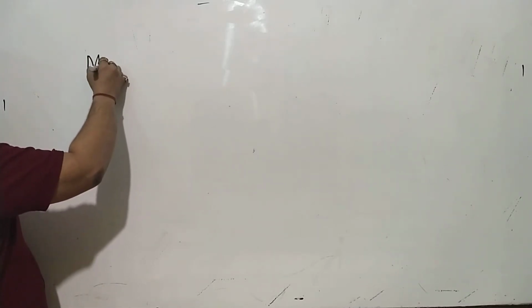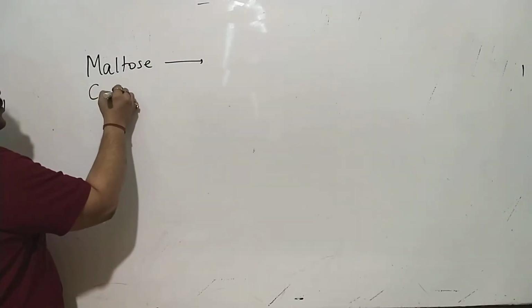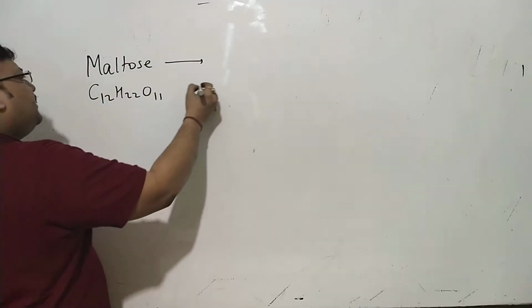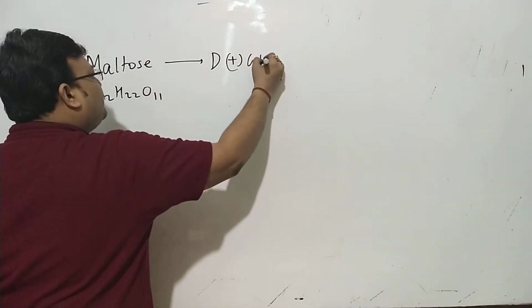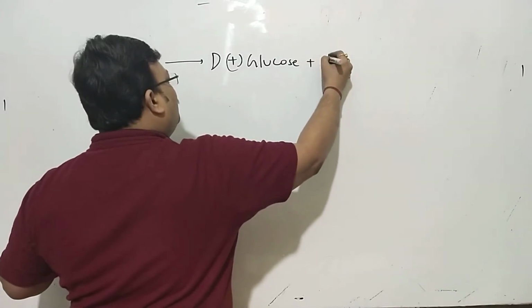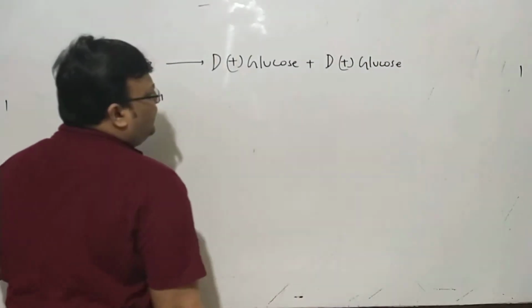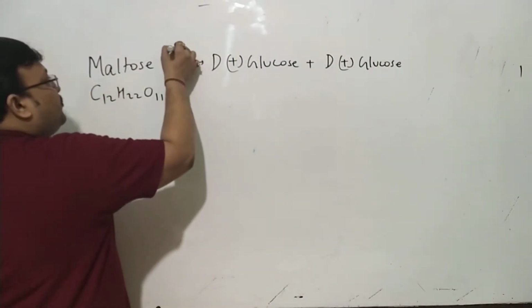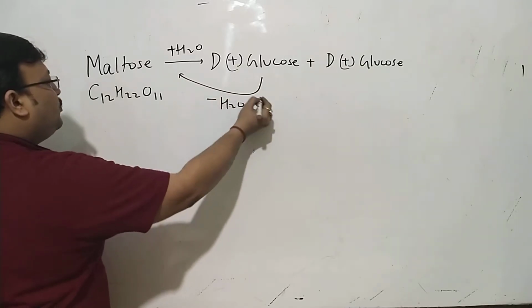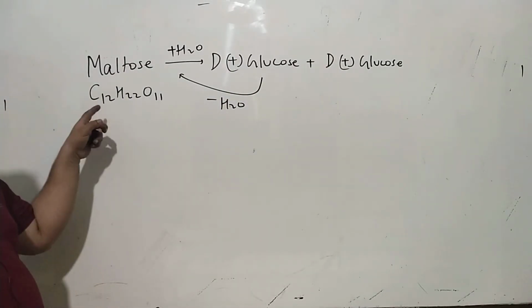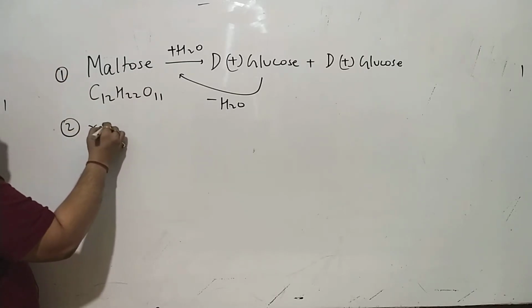So the next one I can take is maltose, which is again C12H22O11, giving glucose plus glucose, 2 moles of glucose, identical monosaccharides. So naturally 2 moles of glucose would have lost water to form maltose. It's a disaccharide, and then it is a reducing sugar,